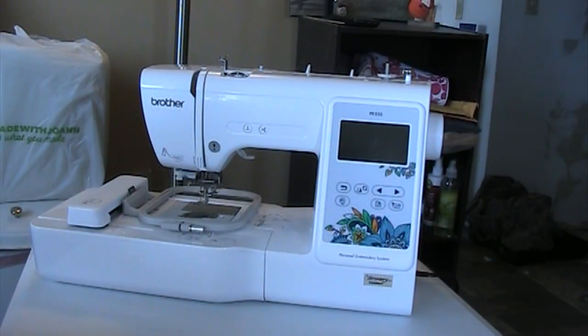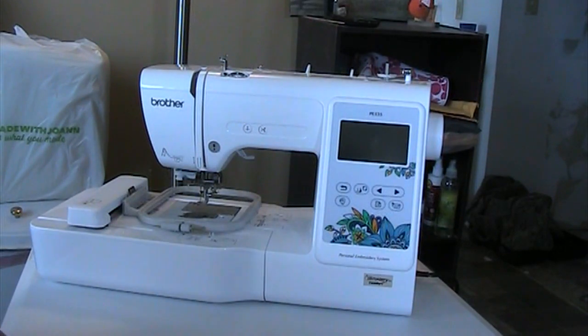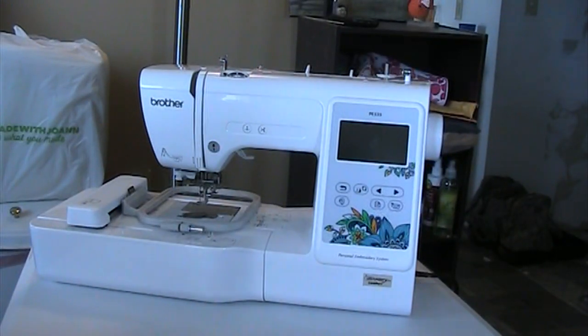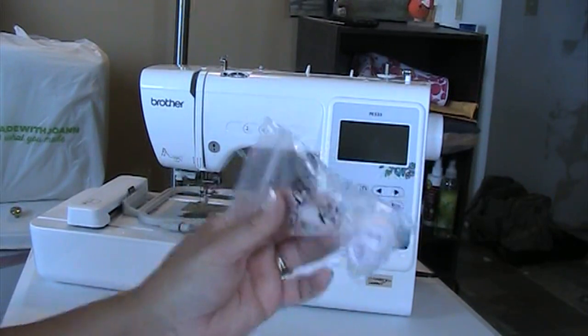And here is the Brother PE 535 embroidery only machine. A couple of things I want to talk about before we do the tour of the machine. When I did the unboxing, I forgot to show you the bag of little accessories that come with it. Here's the bag. See, it's a little bag that has a snap. It came with several pre-wound bobbins,